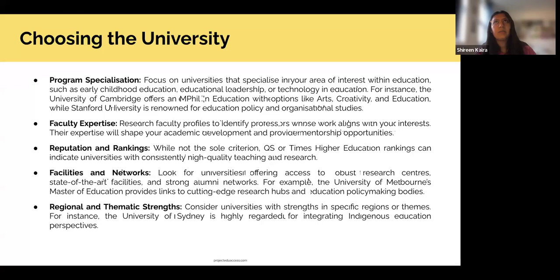To take you through some of the things to consider while choosing your university, I think you need to think very carefully about what exactly it is within the education field that you want to study. Because, as Shishu mentioned earlier, it's very vast. So there's quite a big variety of courses. If I had to segregate them into two types of courses, there would be courses that are very heavy on research, on methodology, and on teaching practices. So these are courses that essentially train you to become an academic or a teacher, or both.